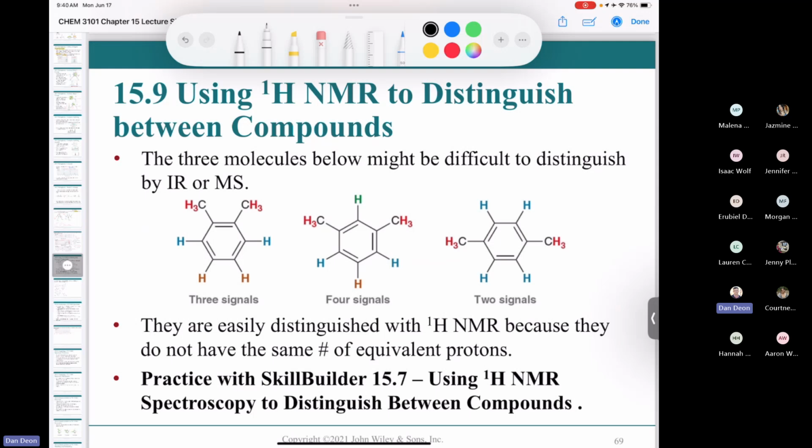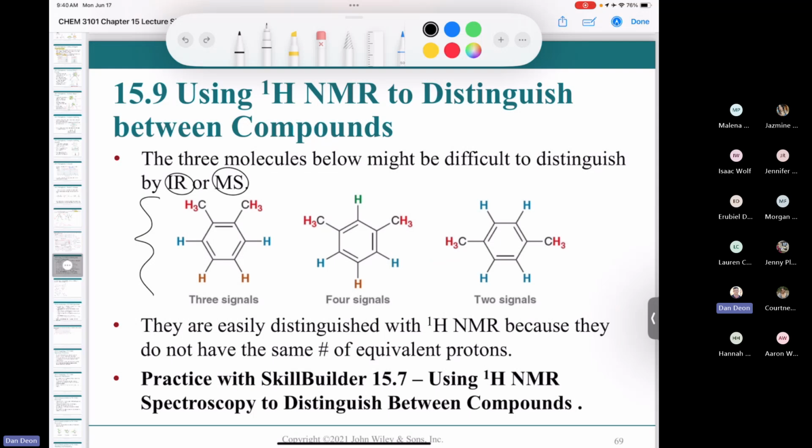If you go back to the very first slide, I mean the title page slide, I went on this 5-minute diatribe about how you could take compounds that would be very difficult for you to distinguish using infrared spectra or mass spectra, but you could do it with NMR very quickly. So if you take a look at these 3 compounds here, if you tried to distinguish between these 3 using IR or MS, it would be very difficult. It says might be difficult. I would say is going to be difficult. Okay, I don't want to do that at all. But if I ran a proton NMR on these 3 compounds, I could distinguish between them in a matter of seconds,